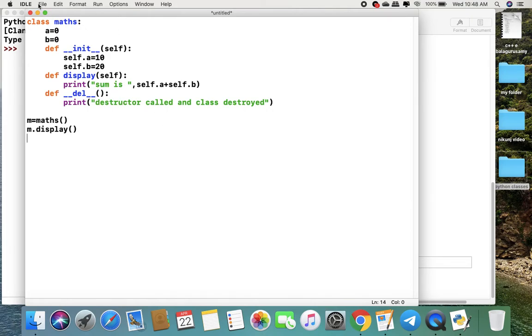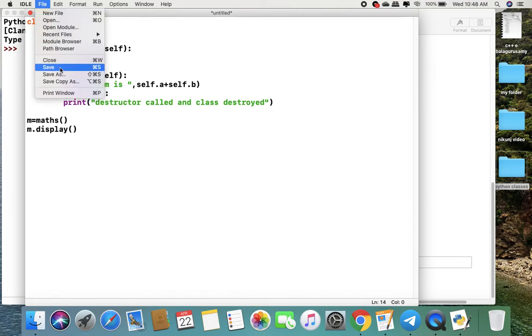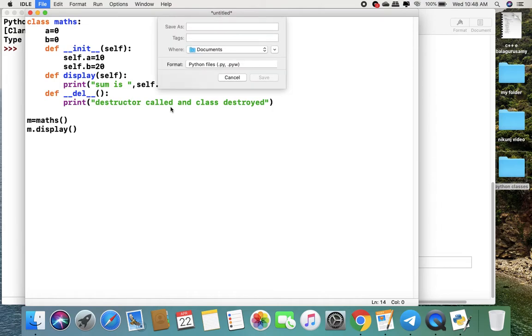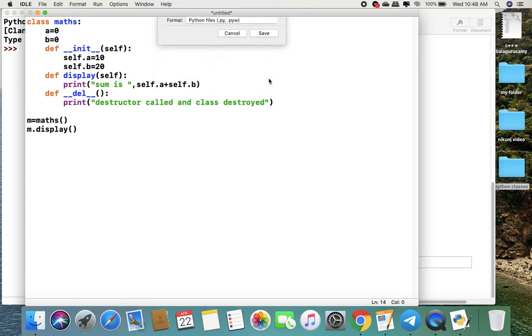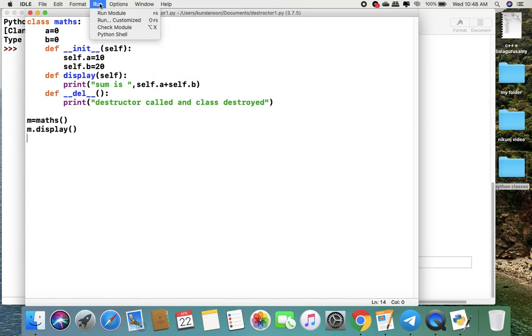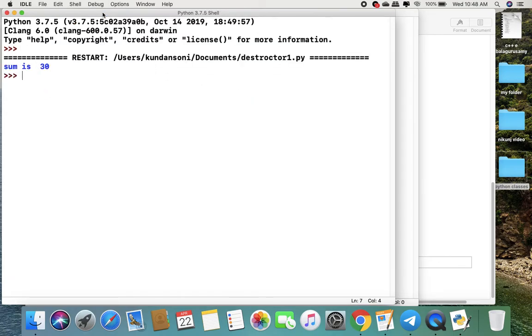I save the program and run the program first. Here is the answer: sum 30.